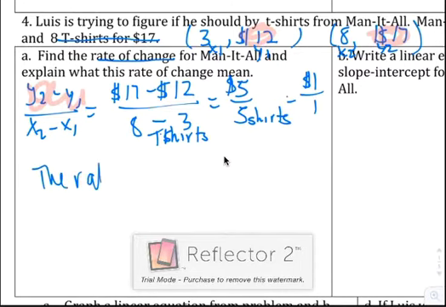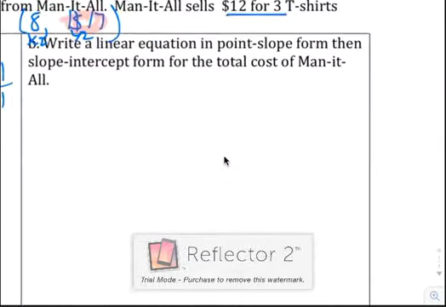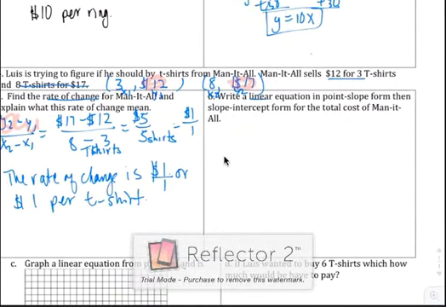Okay, that's what it means. Write a linear equation in point-slope form, then in slope-intercept form for the total cost of Man It All. Okay, so point-slope form, this formula for point-slope form,